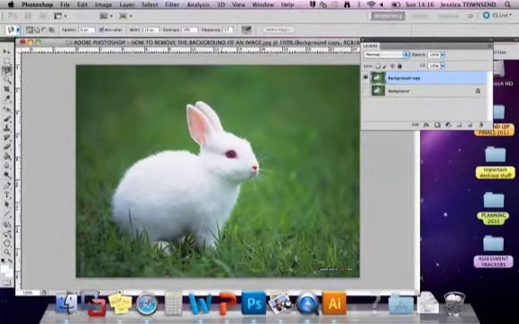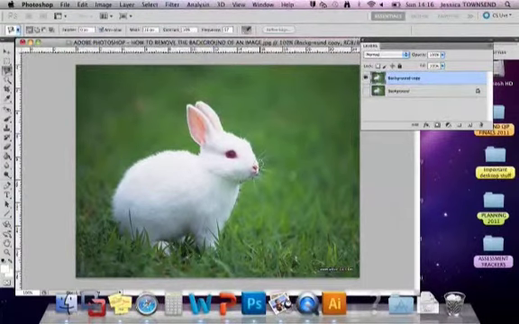So I'm going to start down here just where that grass is, and you can see I'm clicking and I'm moving, but I'm only moving roughly by the edge, but it is finding that edge for me, and I'm clicking, making sure I click as I go, click and move,